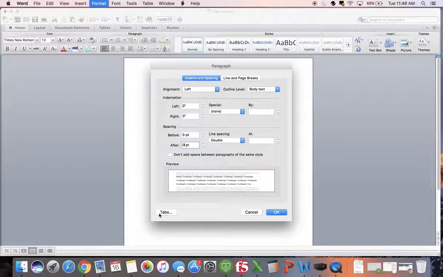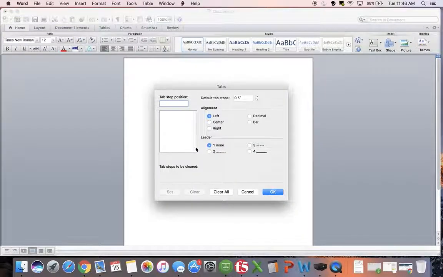The other thing you want to make sure is if you come down here to this button that says Tabs and click on it, it opens up the default tab size. If you read the APA book, it says that you should be doing 5 to 7 spaces or a half inch tab for each paragraph start. So we want to make sure this is set to a half inch,